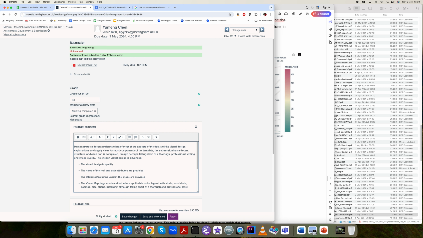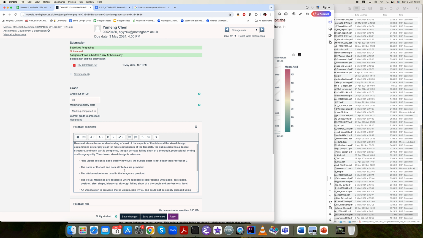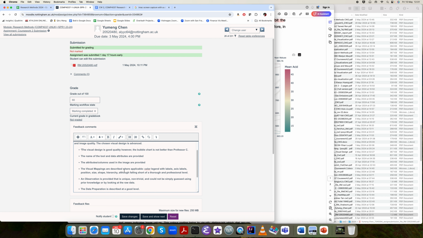I will say the visual design is good quality. However, the bubble chart is no better than the pie chart. The name of the tool is provided. Okay, attributes are provided. The visual attributes are applicable. It's short. Okay. However,